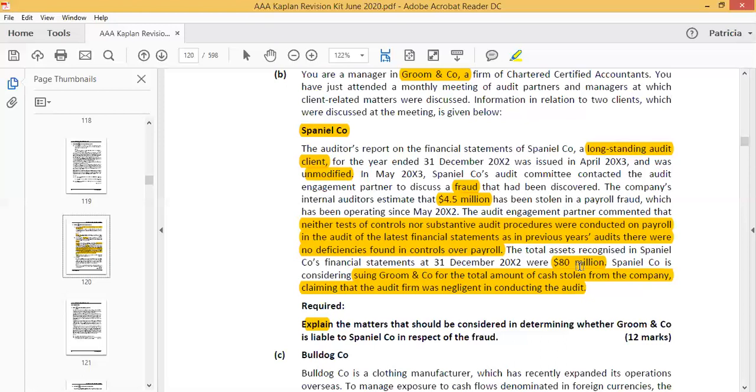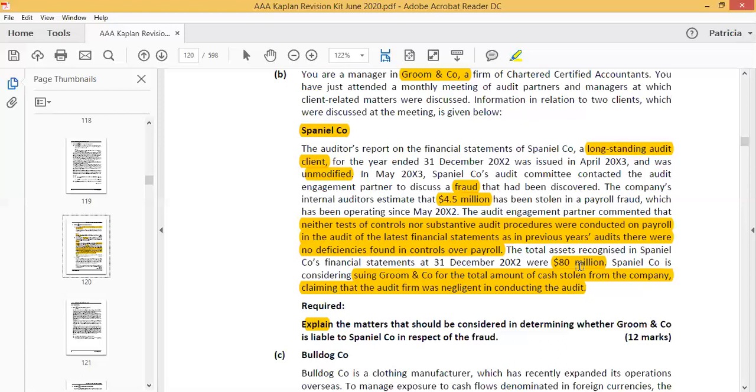So in the situation, you should also note down that, like I said, ISA 240 requires that an audit is performed with an attitude of professional skepticism. What we mean by professional skepticism is having that questioning mind, like whenever you're doing something, you have to have that question behind it. You should be skeptical in everything that you're going to be auditing. So we have to say that ISA 240 requires the audit to be performed with an attitude of professional skepticism, with a questioning mind, critical mind.